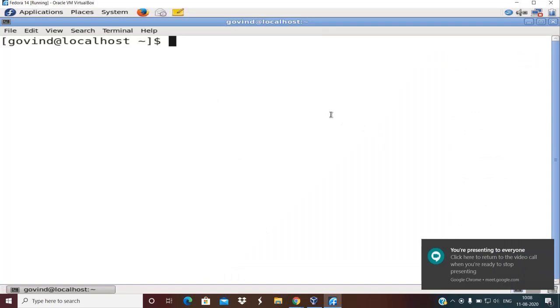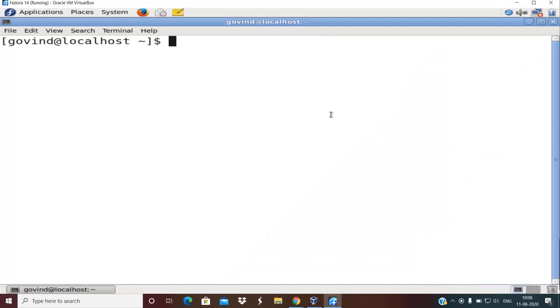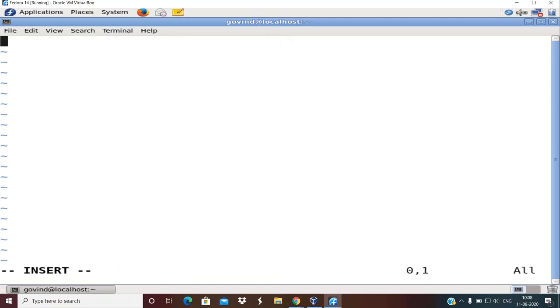I'll begin with the first C program. So usually whenever we talk about learning any new programming language, we always write a hello world program. So I'll quickly write this program. So this is the command to create a file in C in Linux. Vi is the command. So I press the I key from the keyboard so that I'll be in the insert mode, and this is where I'll start typing the code.